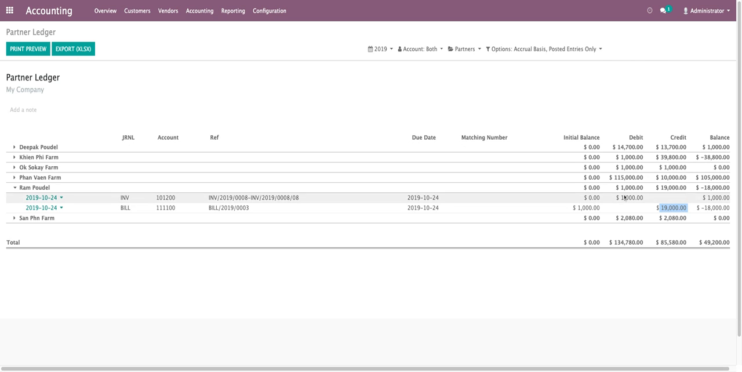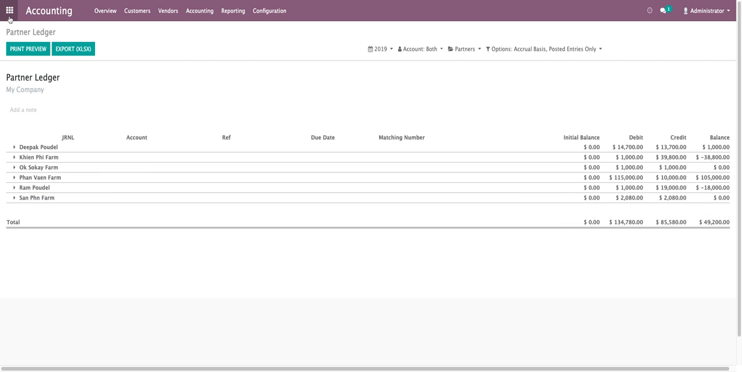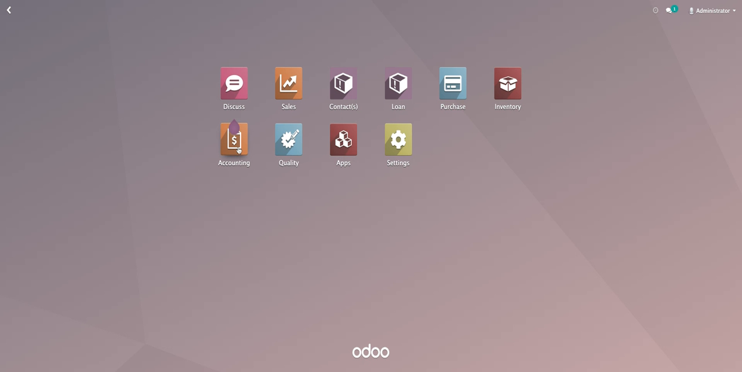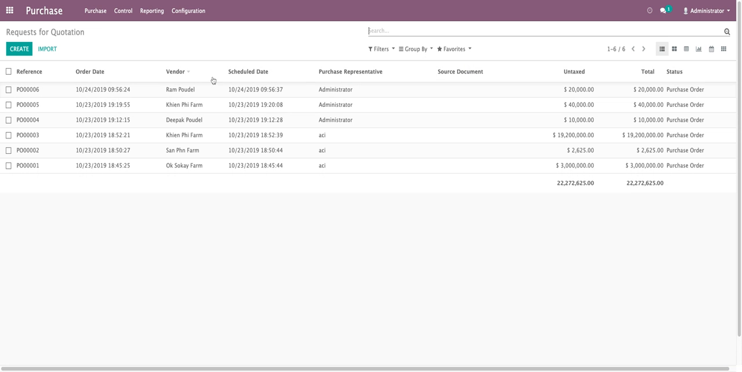And final balance is the 18,000, is the balance that has to be paid by company to the farmer, so it is regarded in negative. So it is on credit side. That is the amount payable for the company. So in this way we can reflect that transaction. And for example, once we confirm the purchase order,